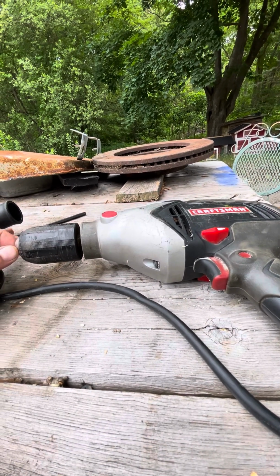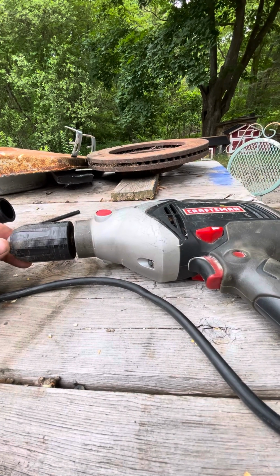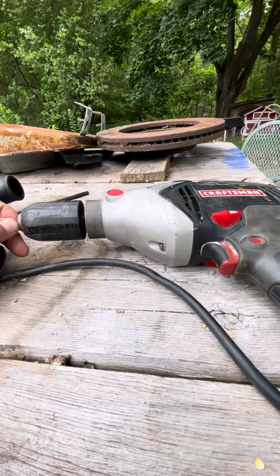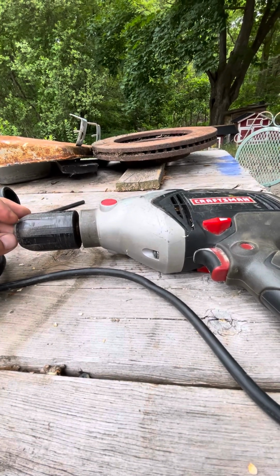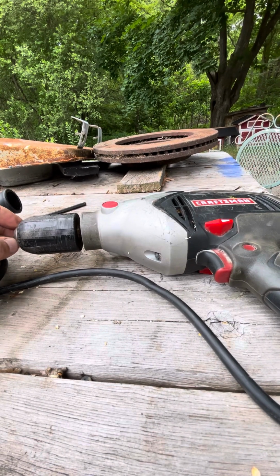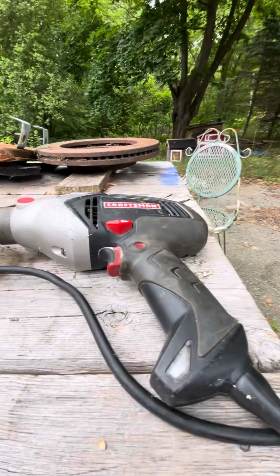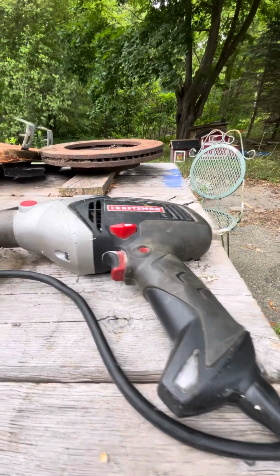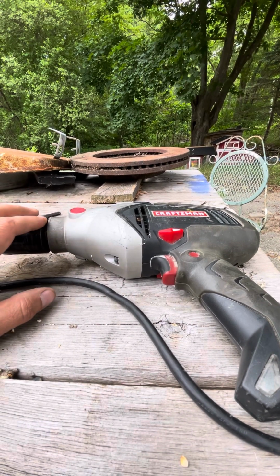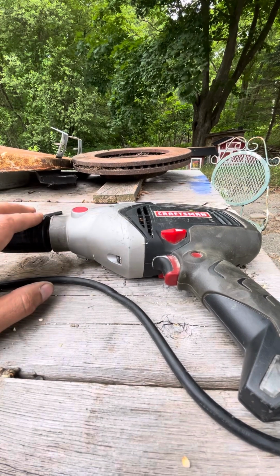And you'll learn over time you want to use different bits to do different things, and there's bits to drill into concrete, and there's bits to drill into metal, there's bits to drill into wood, there's bits to make holes in wood of several different types. You name it, you can get a drill bit to do it. But you need a drill to start. And I think you should start with a combination regular drill, hammer drill with a power cord,